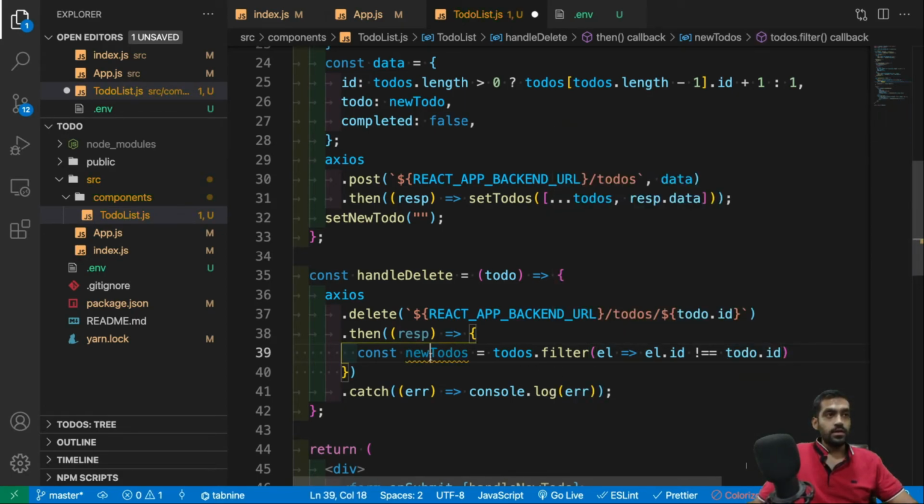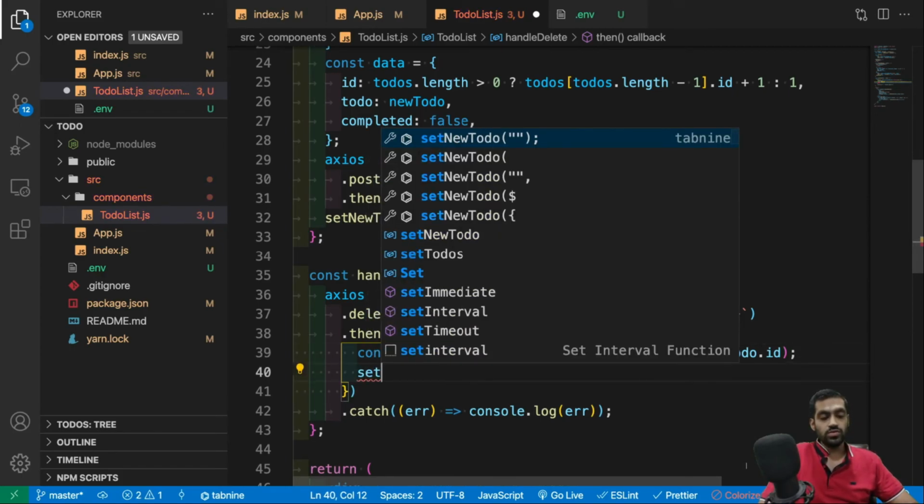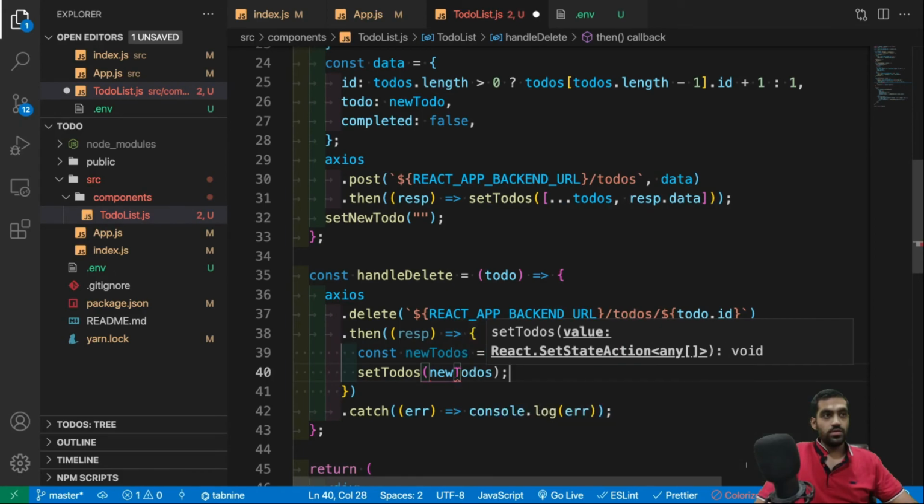So what I'm doing is newTodos will be equal to todos.filter. The filter condition is the element. Todos will be a list of the todos that were there before deleting, right? Each todo will be taken piece by piece. Then the ID of that particular piece should not be equal to this todo's ID. This todo.id is basically this. You see here, this one is deleted. This ID should not be equal to this ID. If it's equal, it goes out of the array, otherwise it gets through this filter, and we have a list of new todos that we have to show. Then we can just do setTodos to this newTodos, right?